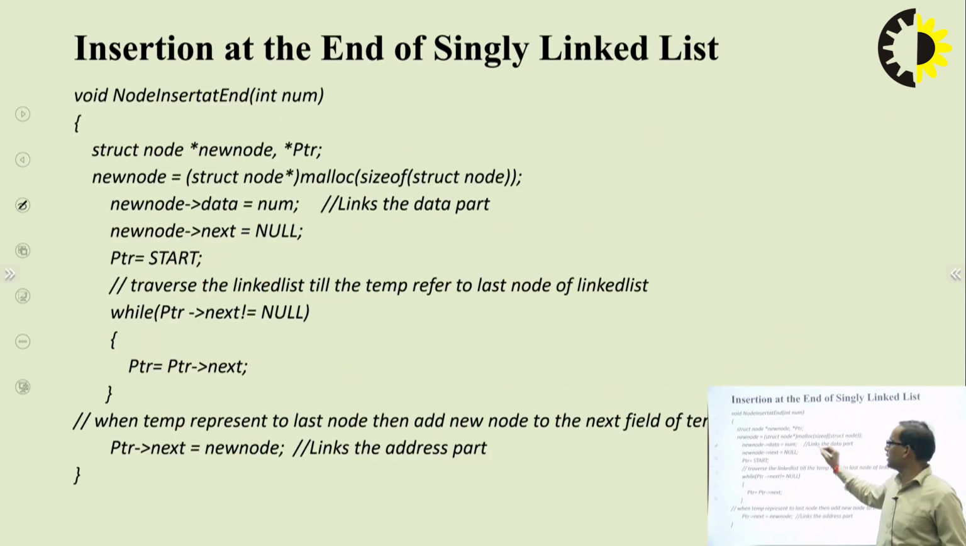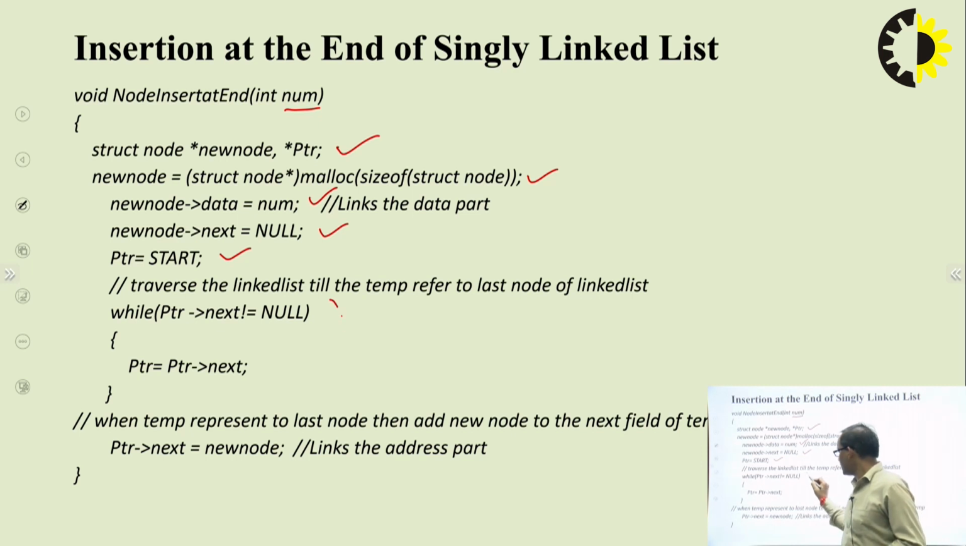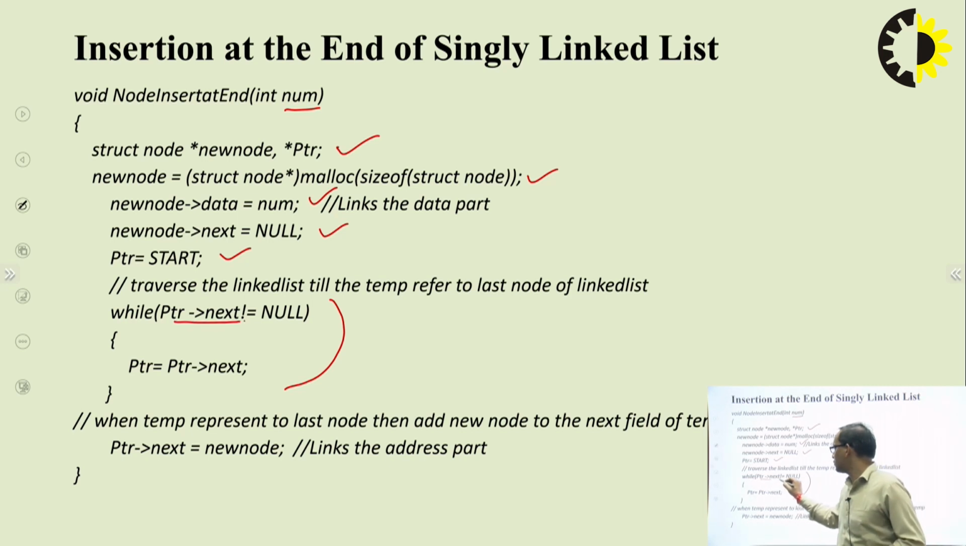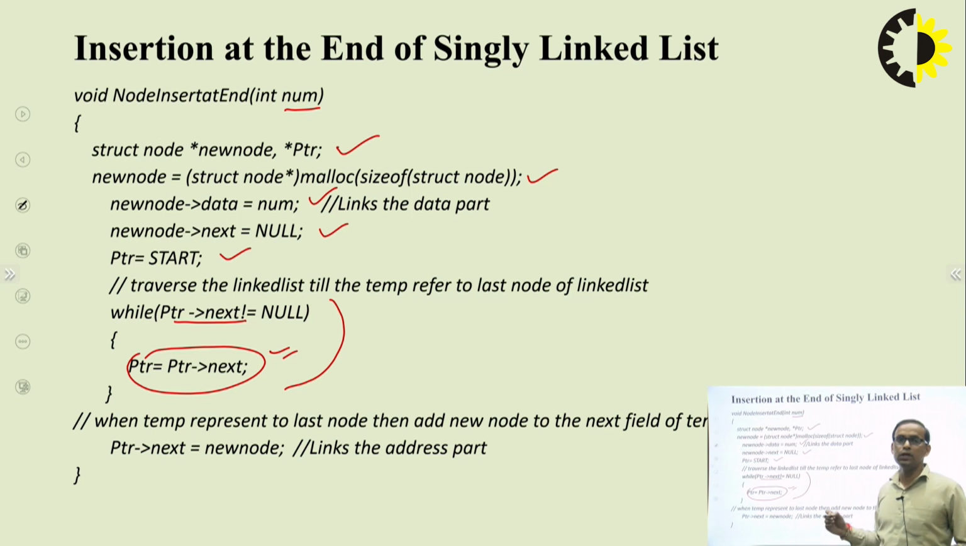This is the basic syntax. Again, creating a new node, declaring a pointer ptr, memory is allocated to the node, and we assign the data field value. Here the value is passed through the function parameter, and we set null in the next field. Again ptr is initialized with start, and this is the loop. In order to traverse the linked list, we have to reach the end of the linked list. So while ptr next is not equal to null, we do ptr is equal to ptr next. It means by using this syntax we are moving ptr to the next node